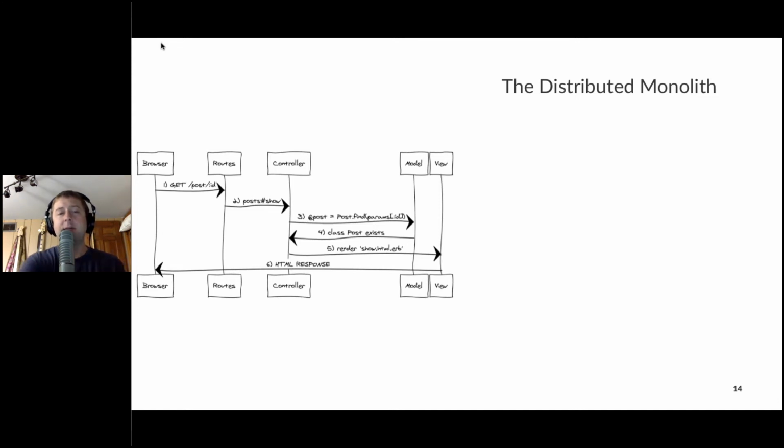And so this little diagram that I've got here looks like a rough diagram of a Ruby on Rails request, but this could be really any sort of model view controller diagram of how things flow through the system. As I was putting this together and looking for diagrams of request and response, I found this one, and it occurred to me that the distributed monolith, and this is where it gets really scary, y'all,